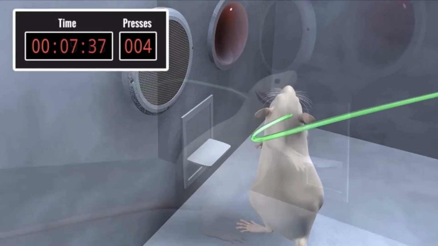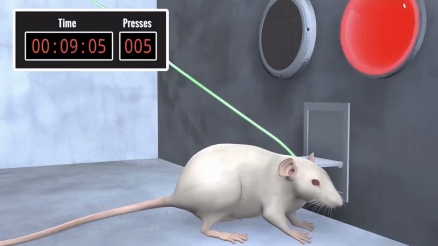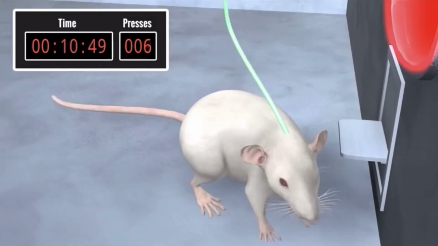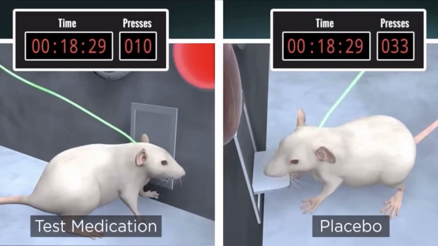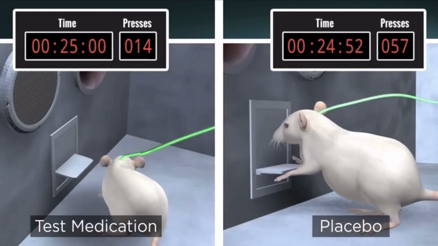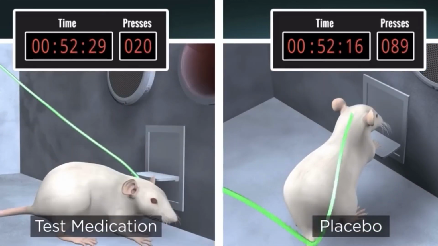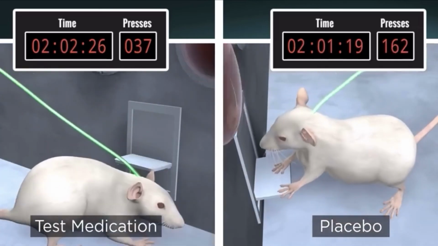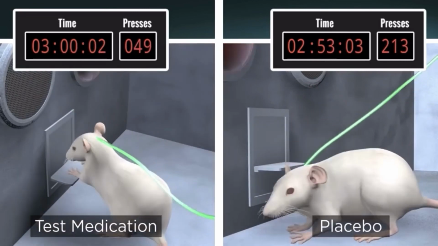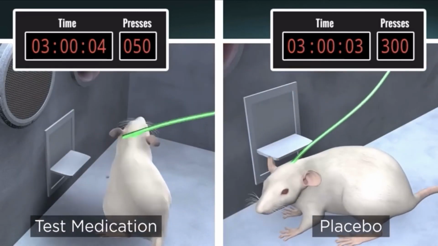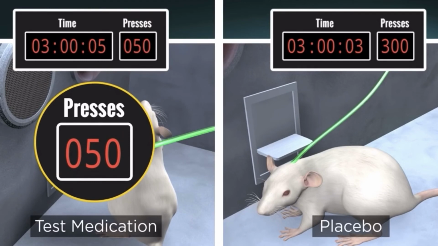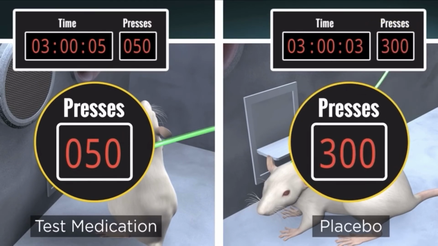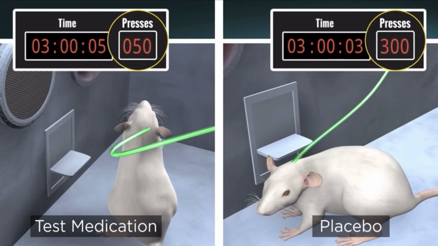The total number of times the rat presses the lever measures the strength of its motivation to seek the drug. The researchers will compare the rat's lever pressing to that of another rat that has also gone through the drug self-administration and extinction phases, but now receives a placebo rather than the medication. If the medicated rat presses the lever fewer times than the placebo-treated animal, the medication has reduced its vulnerability to the relapse cue. A prospective medication that passes this test may be worth testing in people.